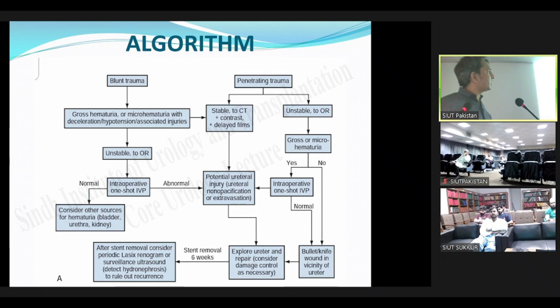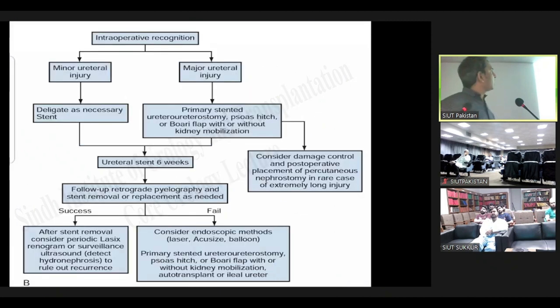The same is for penetrating trauma. First we will be looking at whether the patient is stable or unstable. If the patient is stable, then do CT and proceed accordingly. If the patient is unstable and there is gross or microhematuria, if it is present, then the intraoperative one-shot IVP will follow the same principle as the one mentioned. And these are the